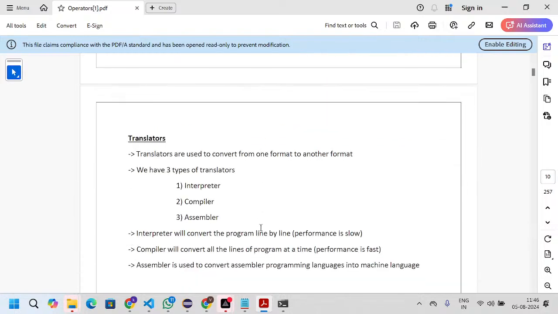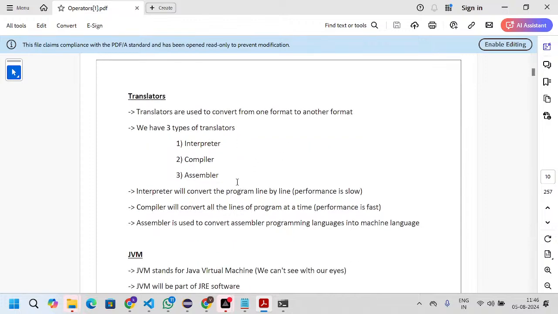Next we have the translators. The main purpose of a translator is to convert one format to another format. We have three types of translators: interpreter, compiler, and assembler. The interpreter converts the program line by line, so the performance is very slow.